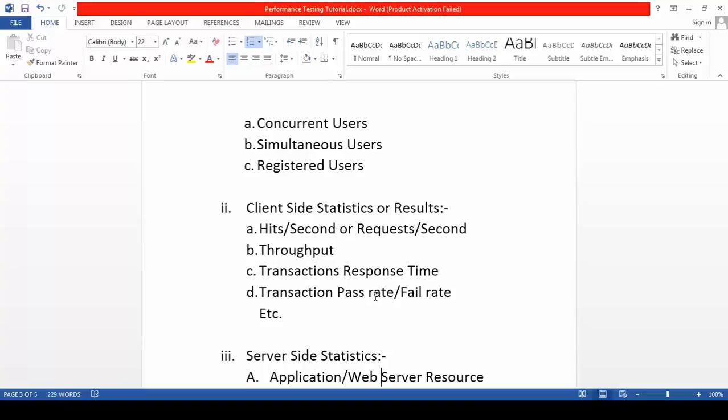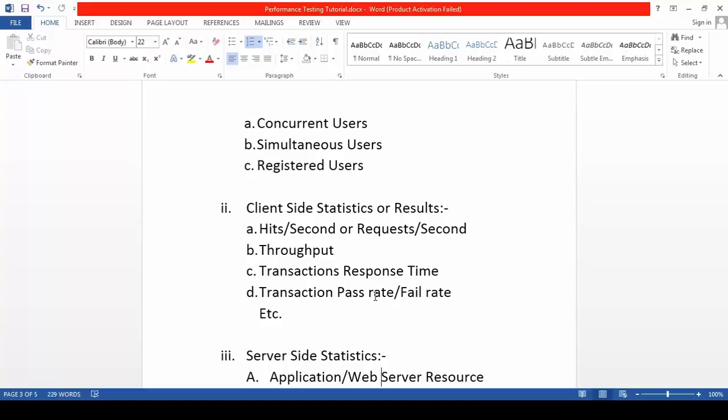You send the request from the client side and receive the first byte from the server. The difference between sending the first byte from the client to the server and getting the first byte from the server to the client is the transaction response time.